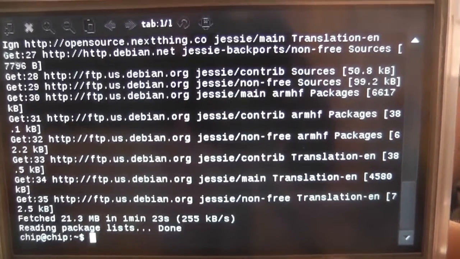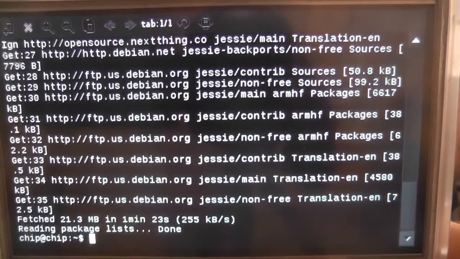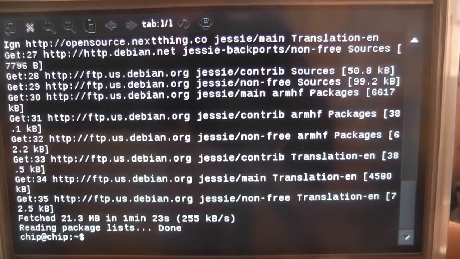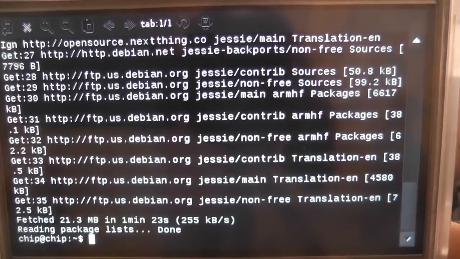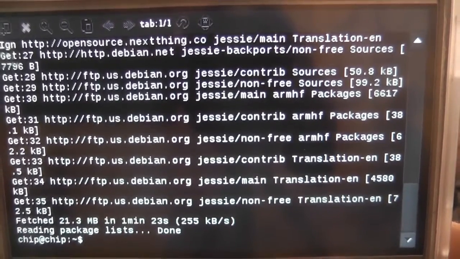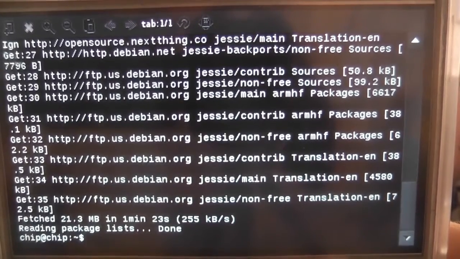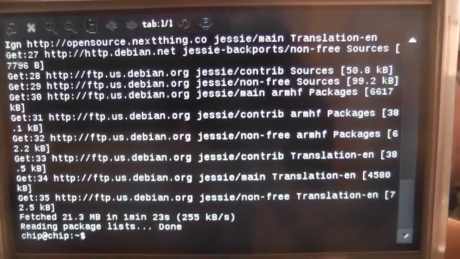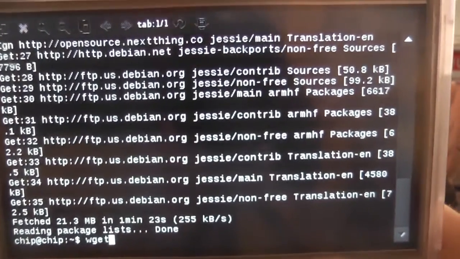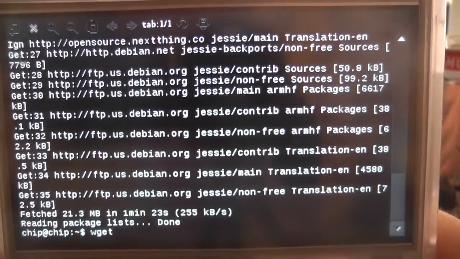Now first off, I've done a sudo apt-get update. I've got a freshly flashed Pocket Chip, and we have to prepare Pocket Chip. Now the first time I tried it this way it didn't work, so we may have to do it the long way, but we'll go through this together, and obviously I'll tell you if it hasn't worked or if it has worked. But we're going to want to start off with a wget argument, and this is technically the easiest